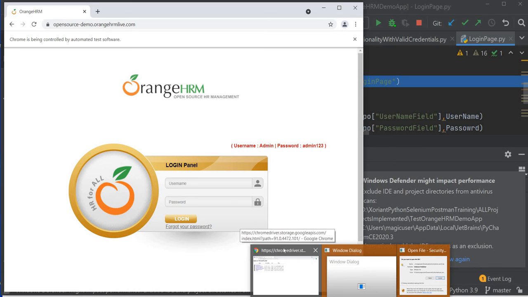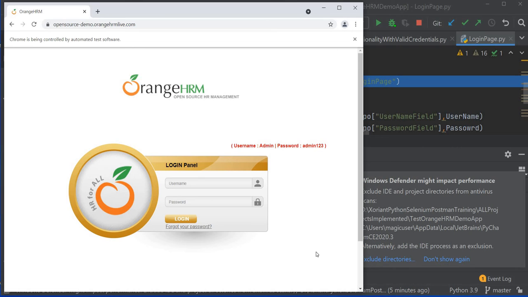If you have no changes in the code, no changes in the application, but the tests which were running fine suddenly started giving you issues, and the browser window is just flashing out, the reason could be the update of the browser and incompatibility with the driver, right?